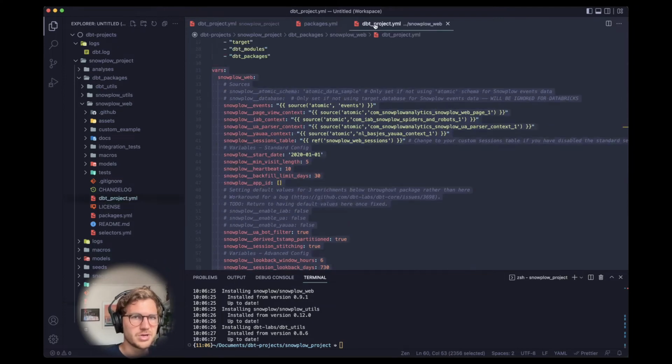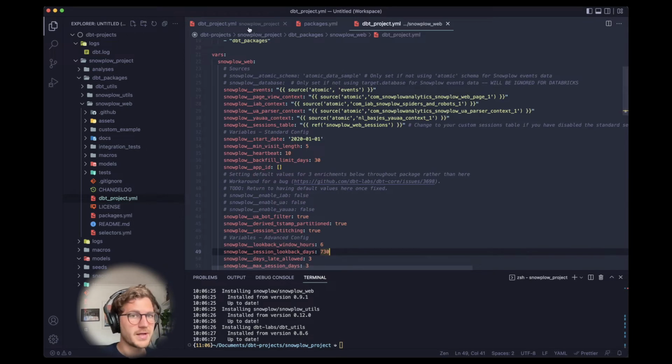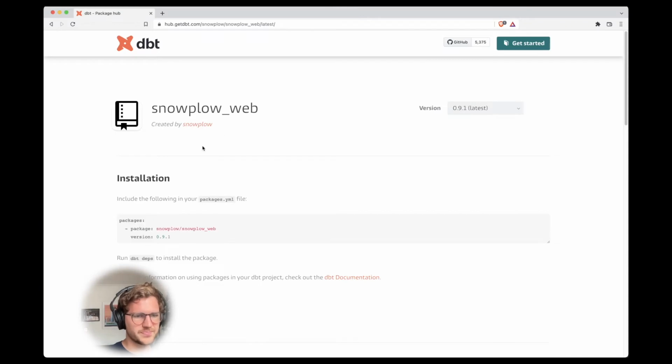You can assume that this is an exhaustive list of the variables that are meant to be played around with, and you can also see the default values of these variables set by the creators. For example, we can see that the Snowplow start date is 2020-01-01, which, at the time of recording this, in 2022, might be slightly outdated. If you're curious what any of these variables mean, we can go back to the package hub in Snowplow web,